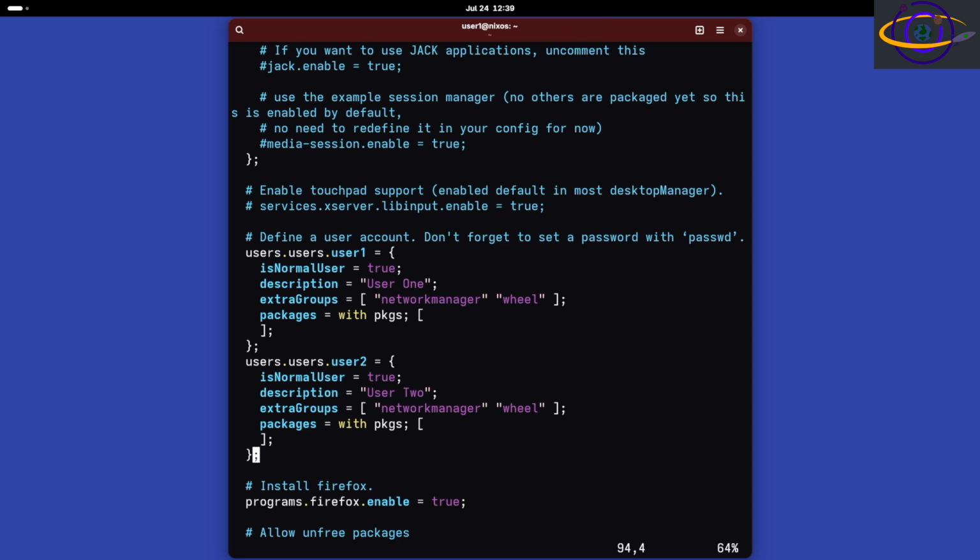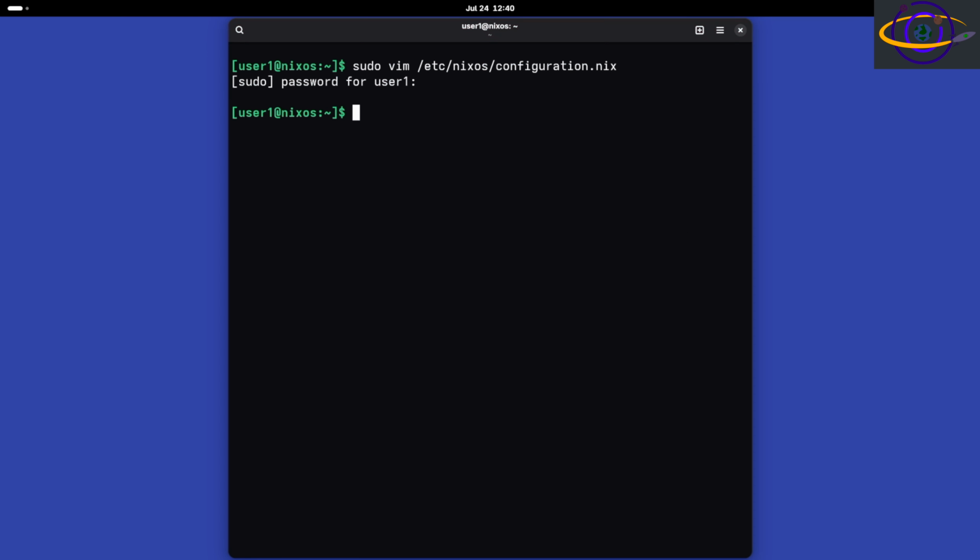Now, by default, it's not going to have a password. So before we apply this change, let's just save. Before we apply this change, we're going to need to add a password to this. So you can say mkpasswd. Now, you're going to want to keep this secure. --method=SHA-512. And we can type in a password. Let's just say something like okay,